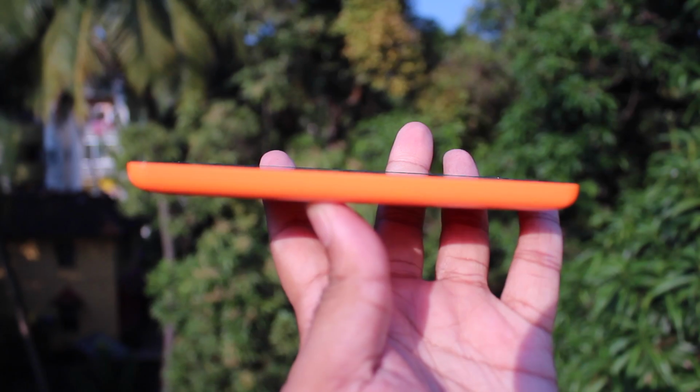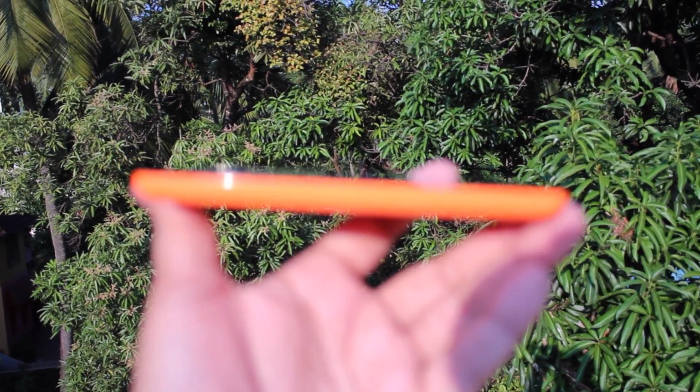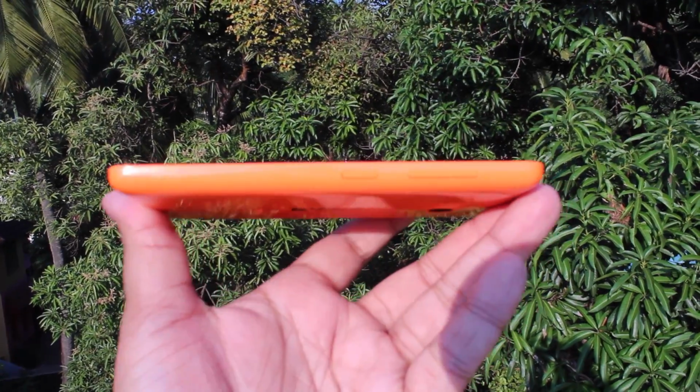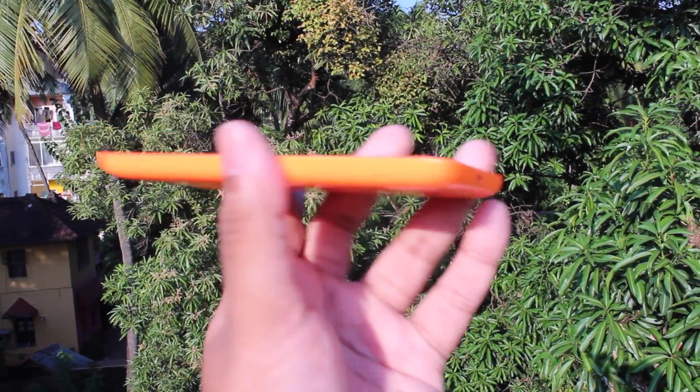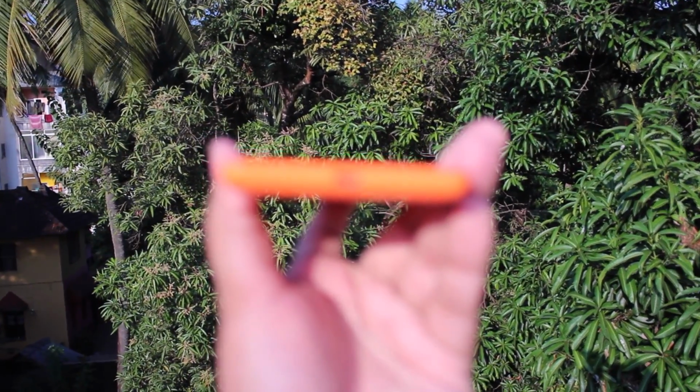Similarly, on the left side there's no ports or keys whatsoever, but on the right side you'll find the screen lock key and the volume rocker buttons as well. These buttons are easy enough to find and use with no complaints at all. At the top you just have the 3.5mm audio jack, while at the bottom you just have the micro USB charging port. Coming to the back you find the 5 megapixel camera with a single LED flash and